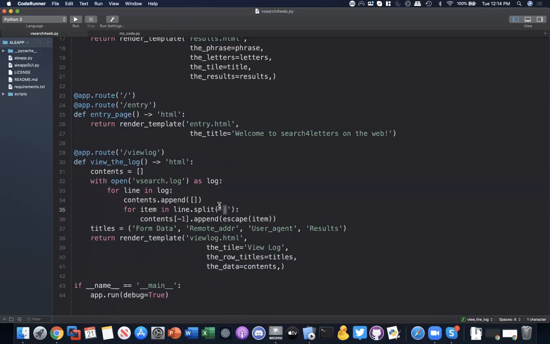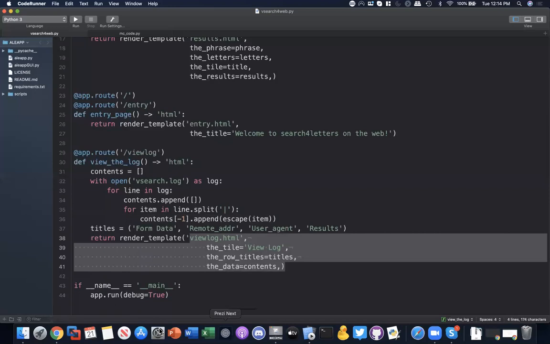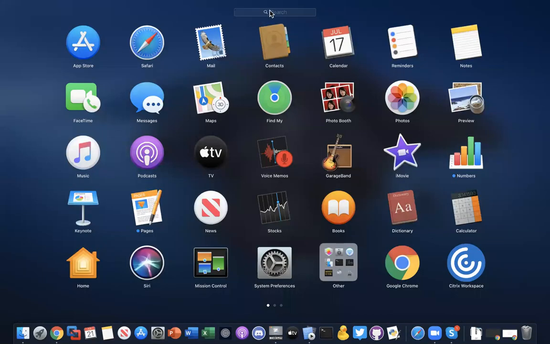Then every single thing that's been separated, split from it, we append to the end of the list. That's why it's -1. We want it to be at the end of the list. And then here we're escaping any HTML characters, or weird characters, within the item. We take that list and give it to the template to show it to us. So when that's implemented correctly,